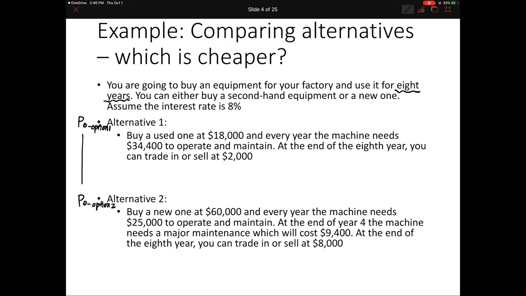So just to let you know, you're going to have two P values from these two options. And then you want to compare which one is less negative, because they're all costs. They're all money going out. So whichever is less negative